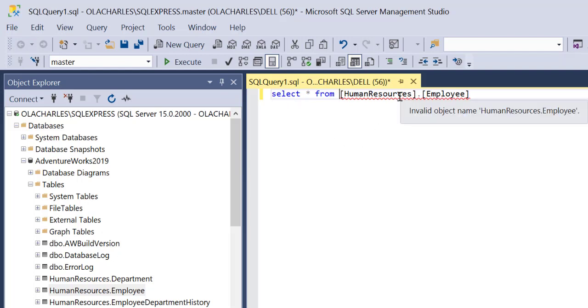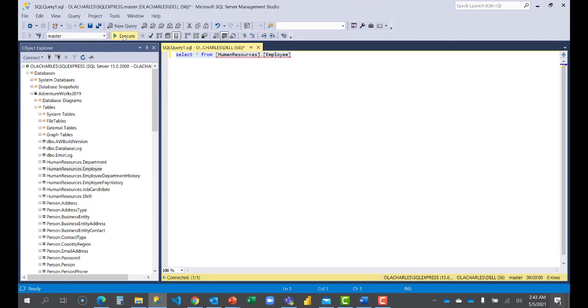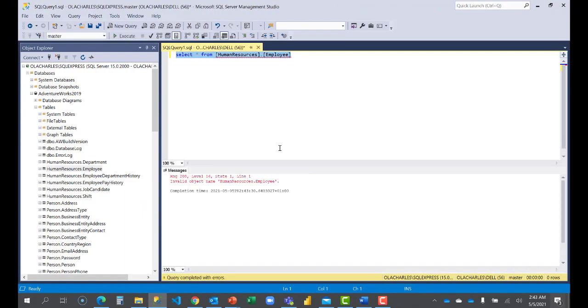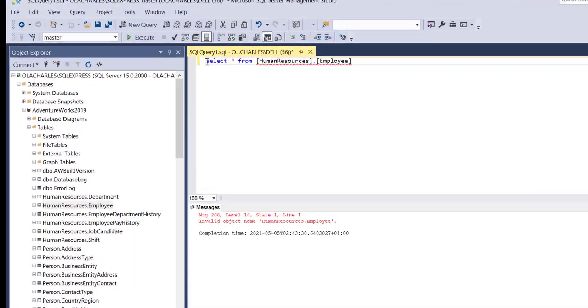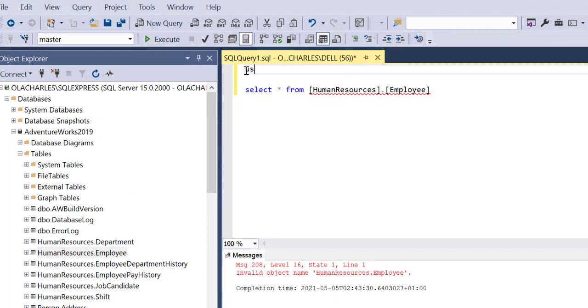But you can see it's still writing red. It will not run because it's loading from the master database, and there's nothing like this there. So when I execute, it's going to bring an error. Two ways for you to correct this: either you type USE AdventureWorks,